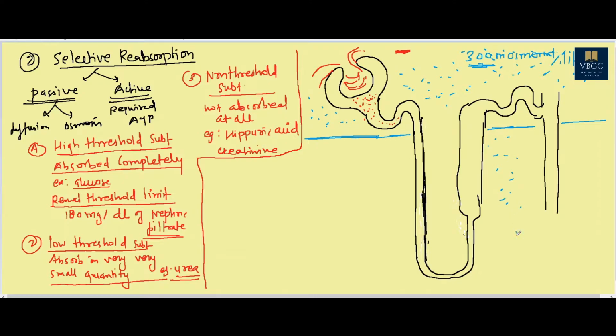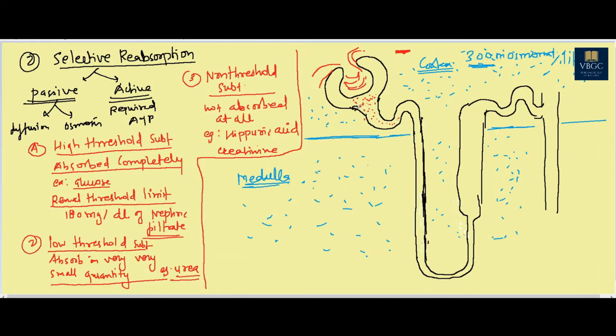This particular portion is the medulla. I am just lining the portion here with the blue color. I give the names here, so we don't need to worry. This portion is the medulla, and this is the cortex. Now we are going to understand what is going to be absorbed from the nephric filtrate.